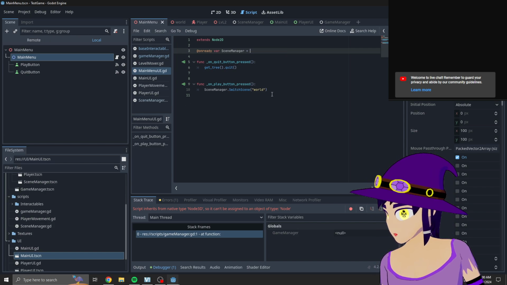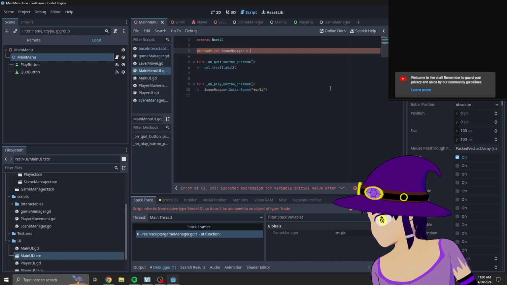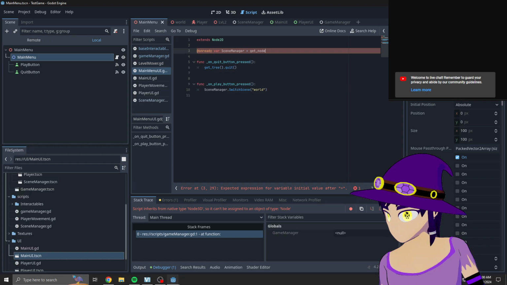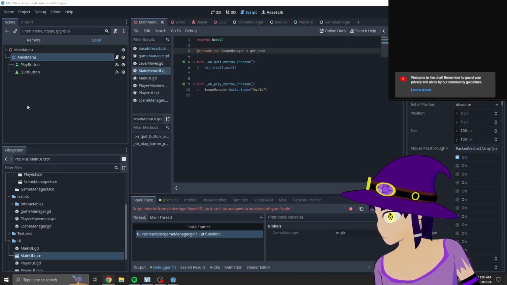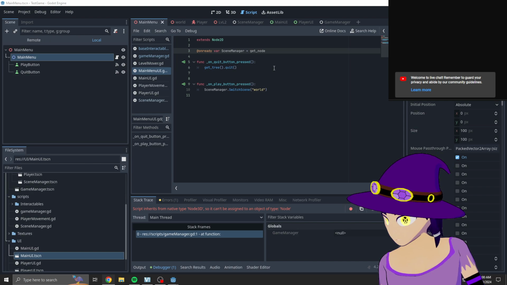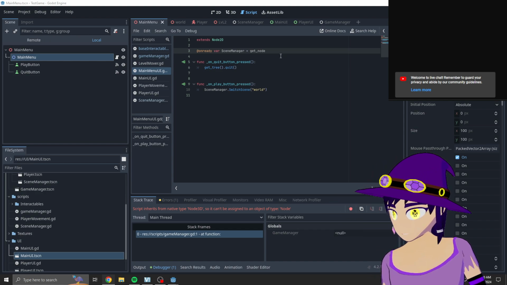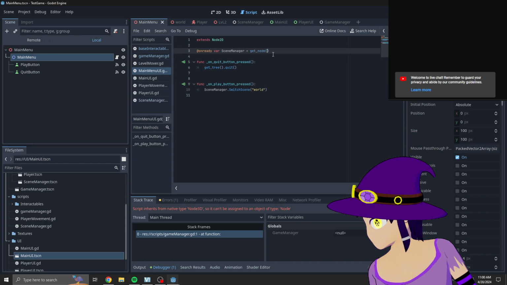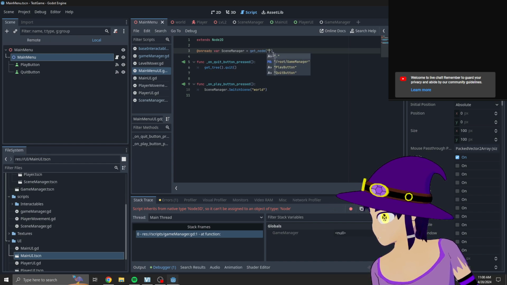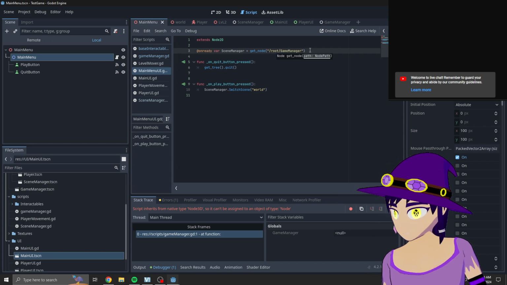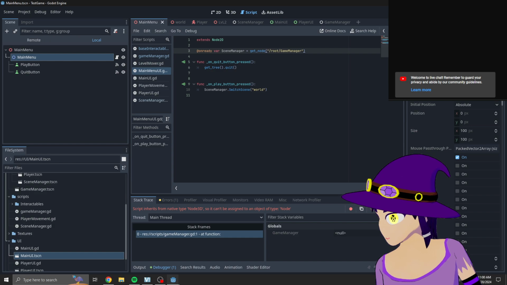So we can do get node. Again, documentation, being boring. I'm coding. Who doesn't love coding? I'm not even typing code anymore. Get node, game manager,